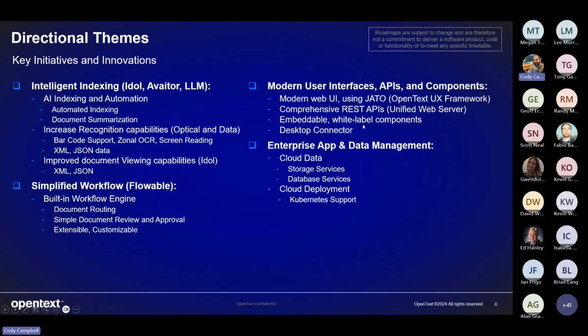Then we have some white label based components, and that's basically our viewer and using some of our interfaces to bypass the front door, so to speak, and to get to the content, and then provide a view or a result set or a document view back to the end user, so that it can be done with an iframe or put up into a pop-up or something like that, so they can get the document from within their application. So again, those APIs and those UIs are the interfaces that our users and our developers are getting into the platform with. And then lastly, we still have a desktop presence.